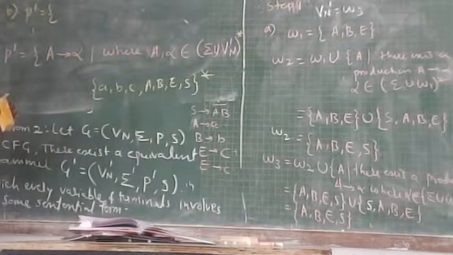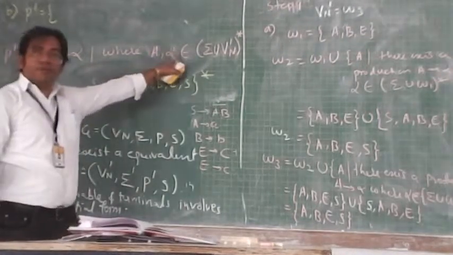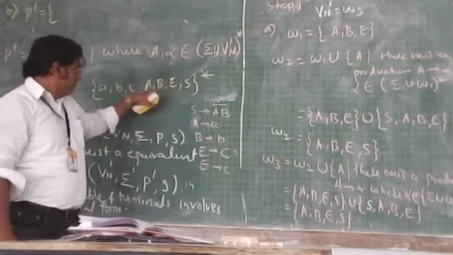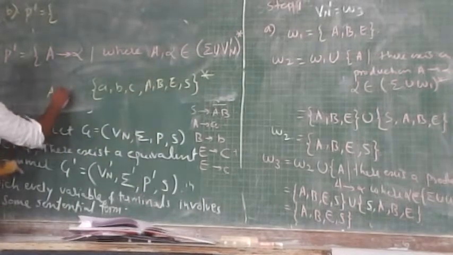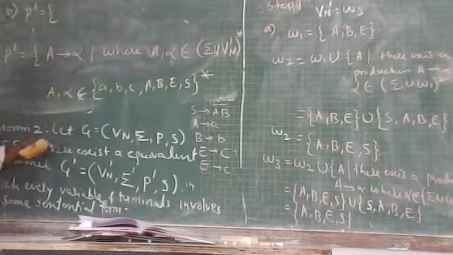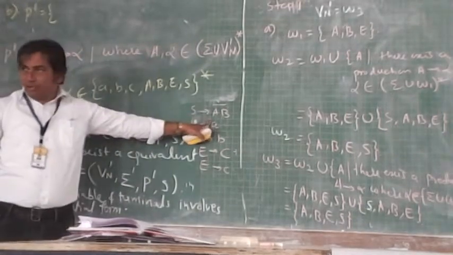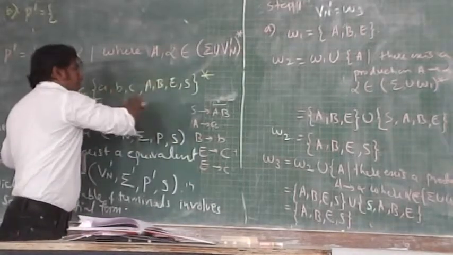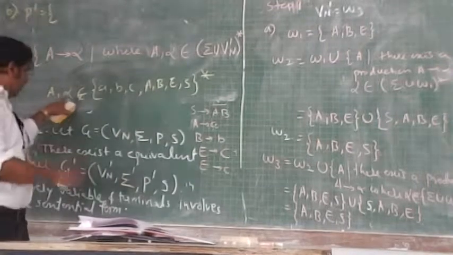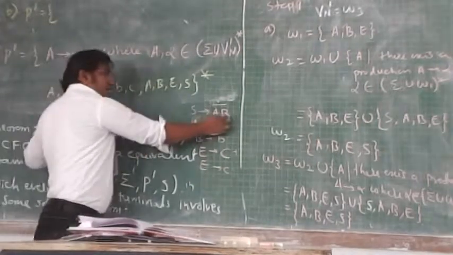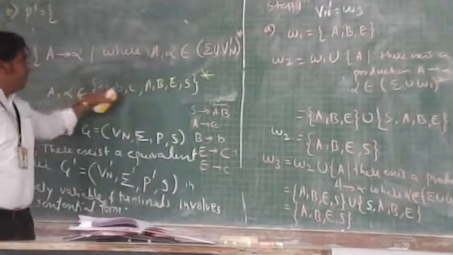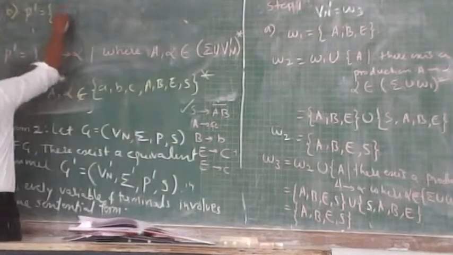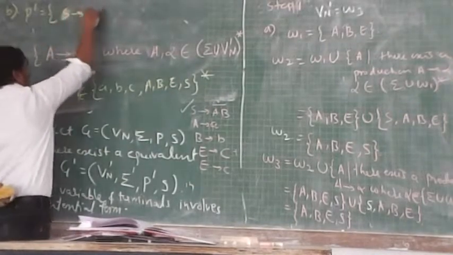So left hand side and right hand side. You can see that A, alpha belongs to this. So does this production satisfy this condition? Does S implies AB satisfy this? Look at S. Can S be produced by this closure? Yes. Go to alpha, the right hand side. It is AB. Can AB be produced through this closure? Yes. Then in that case, this production has to be considered. So I am considering the production S implies AB.